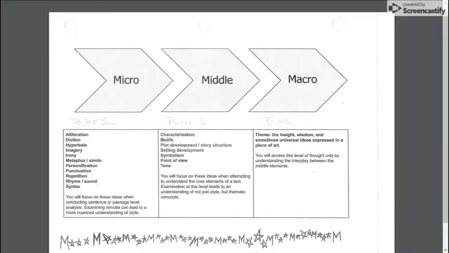So in section C of the rubric, which is appreciation of writers' choices, you want to work with bigger ideas. So characterization, motifs, plot development, story structure, all of these literary features in the middle section of the literary feature continuum that we have here. And then connecting all of those literary devices to the thematic elements of both texts, but also having support for